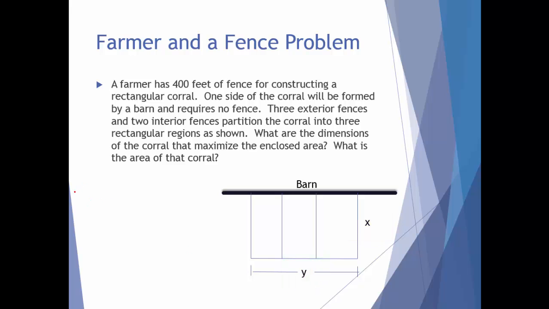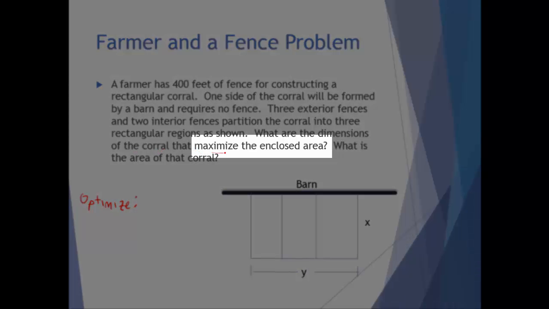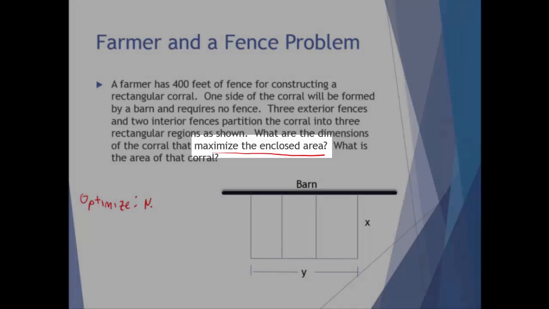So let's talk about what it is that we want to optimize. Okay, we're going to optimize something, maximize or minimize it. In this particular problem, what we're looking for is the dimensions of the corral. So we are looking for dimensions, but we're looking to maximize the enclosed area. We want to optimize area. So we want to max